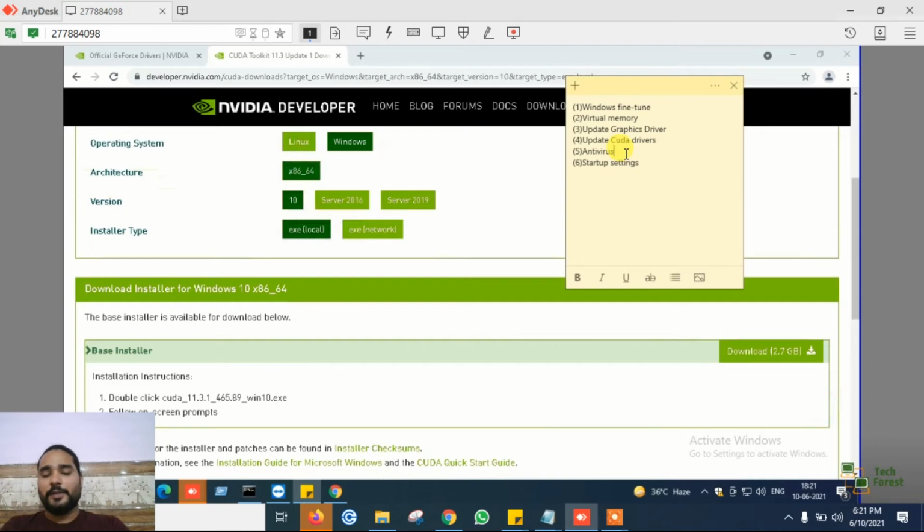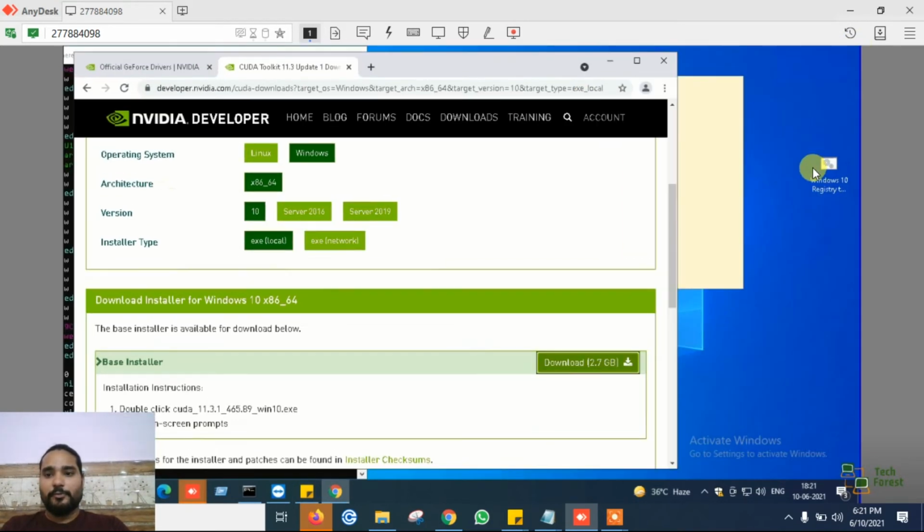But the important thing is Windows 10 has its own Windows Defender, a default antivirus. By using this registry tweak, this batch file, we already disabled the antivirus, but it is recommended to create an exclusion list. Let me show you how you can do this.